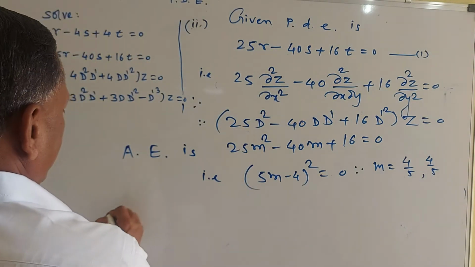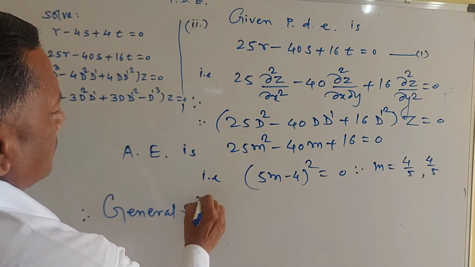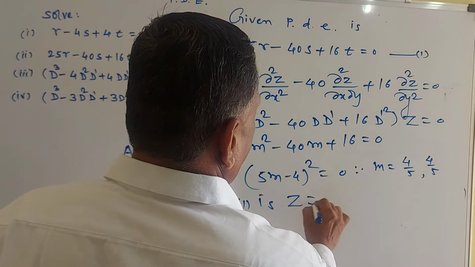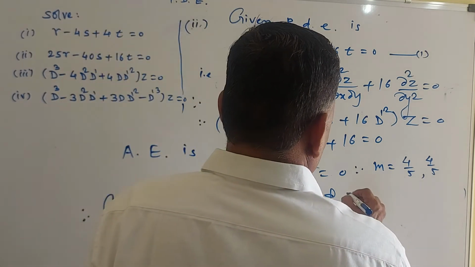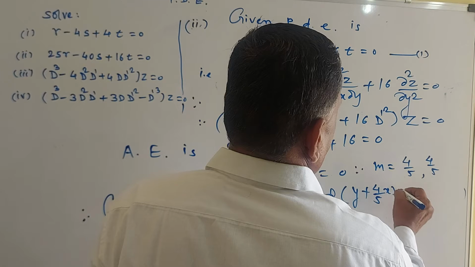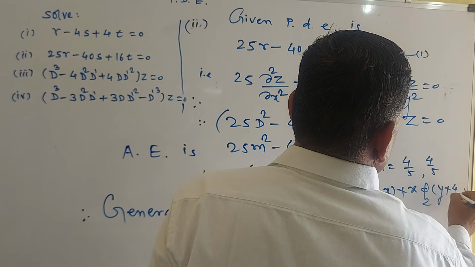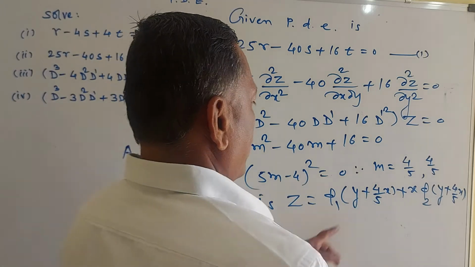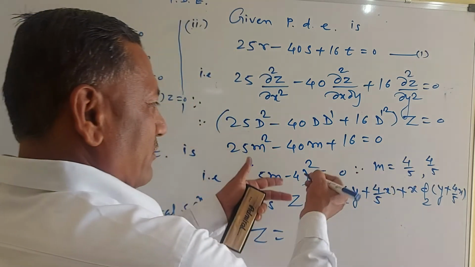Therefore, the general solution of equation one is z is equal to phi 1 of y plus 4 by 5 x, plus x into phi 2 of y plus 4 by 5 x. Or this can be written as z is equal to phi 1 of (5y plus 4x) upon 5. So 1 upon 5 is a constant,